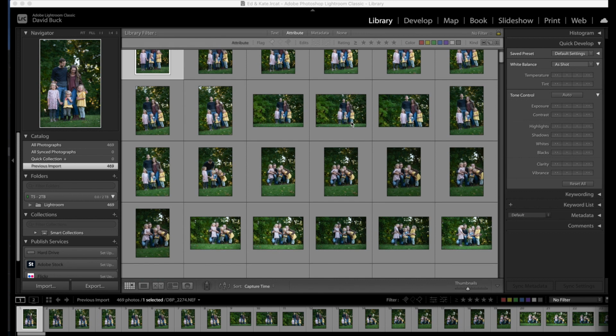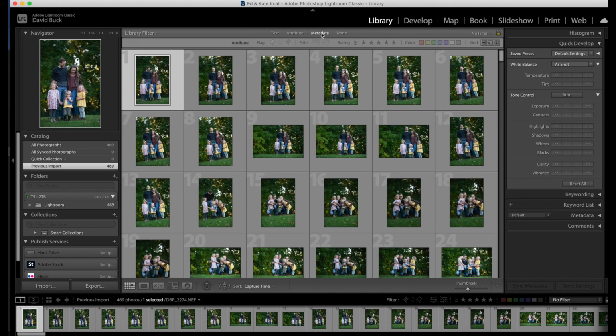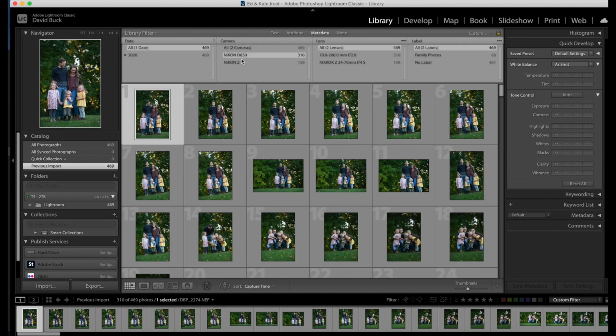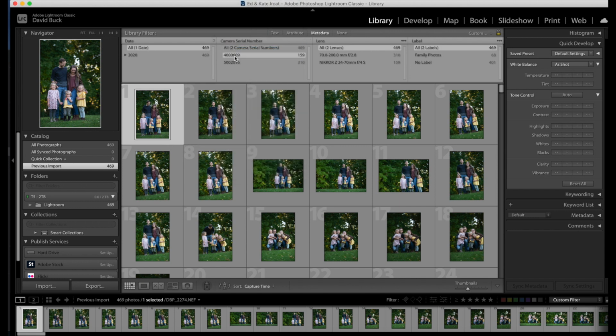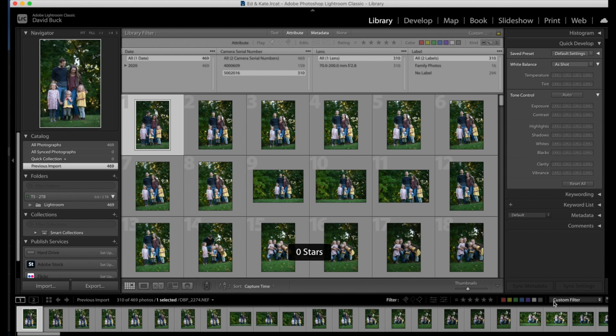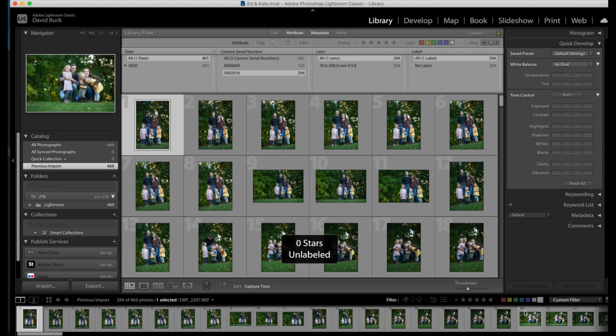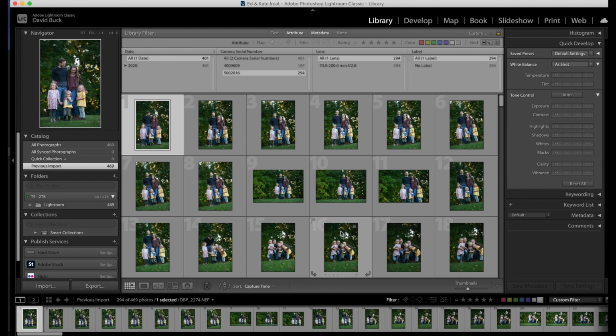explain what I'm doing. So starting with, I'm going to go into the metadata and sort by camera type. I find that sorting into the advanced sort is best by camera model or by serial number. If I had multiple of the same camera here, I would actually choose the camera serial number as opposed to the camera type. I want to make sure that I've got the equals to and the no filter selected, and I've got